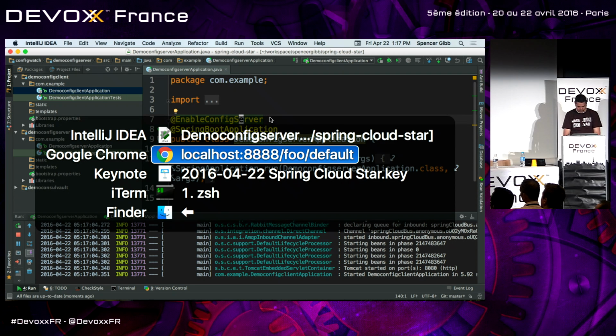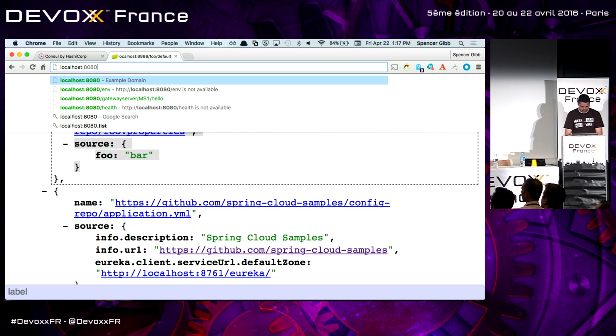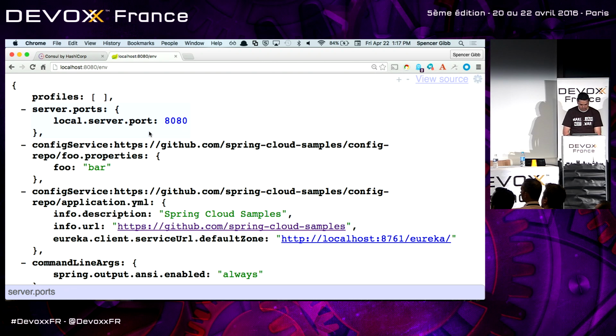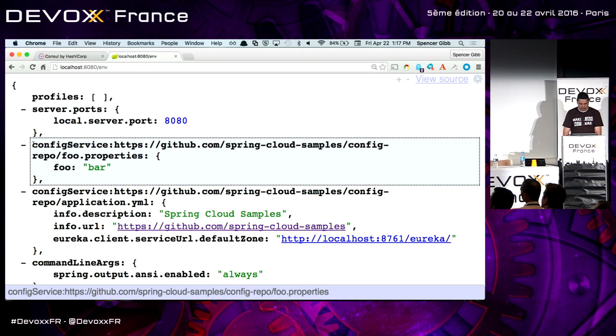Now my client's just running on port 8080. Let me show you the env actuator endpoint. Josh will show you this some more, but here you can see I have two property sources that came from the configuration server. Pretty simple.